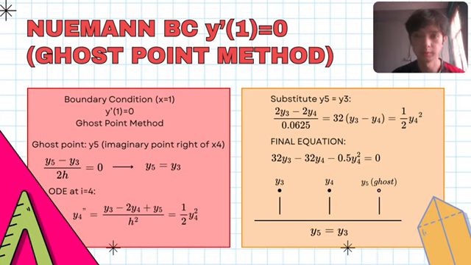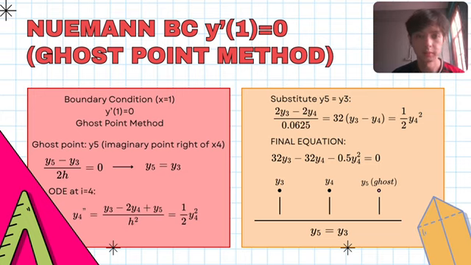Then it becomes y5 equal to y3. Now we can write the ODE at i equal to 4: y4 double prime equal to y3 minus 2y4 plus y5 over h squared equal to 1 over 2 y4 squared. Then we substitute y5 equal to y3,